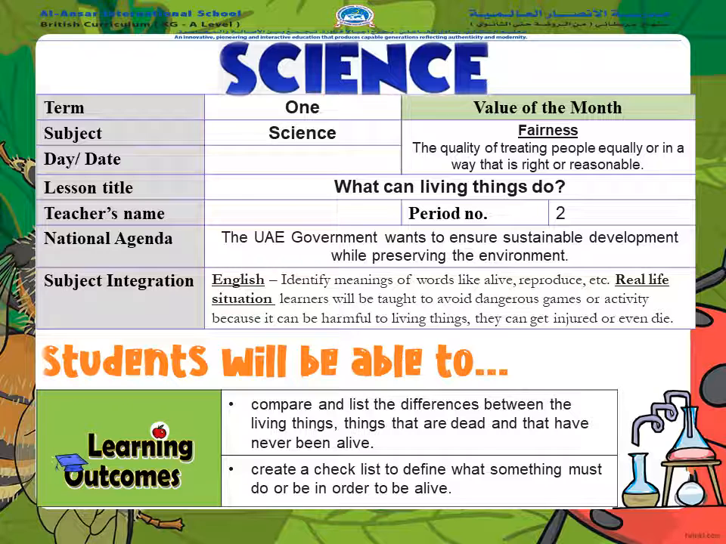So today in your science lesson we are going to learn how to compare and list differences between living things and non-living things, or things that are dead or have never been alive. Also, I will be teaching you in this lesson how to create a checklist to define that something must do or be in order to be alive. So stay with me and we are going to have lots of fun learning about different types of living and